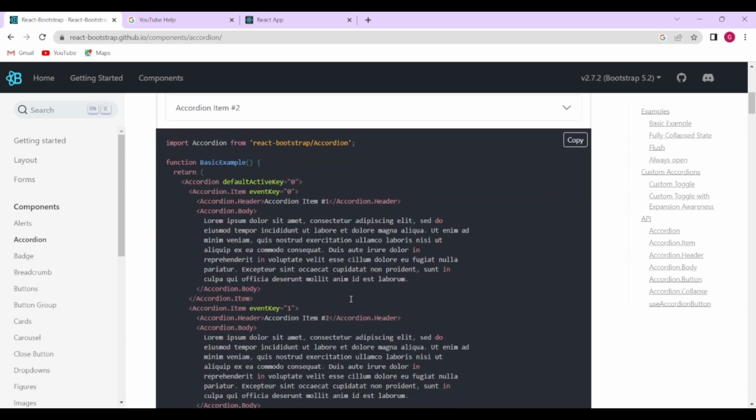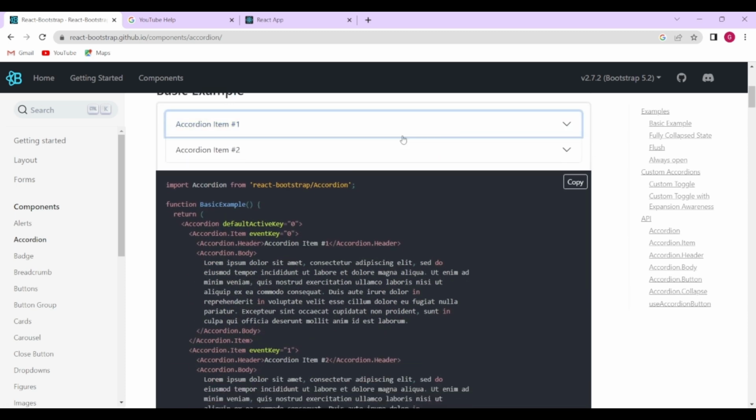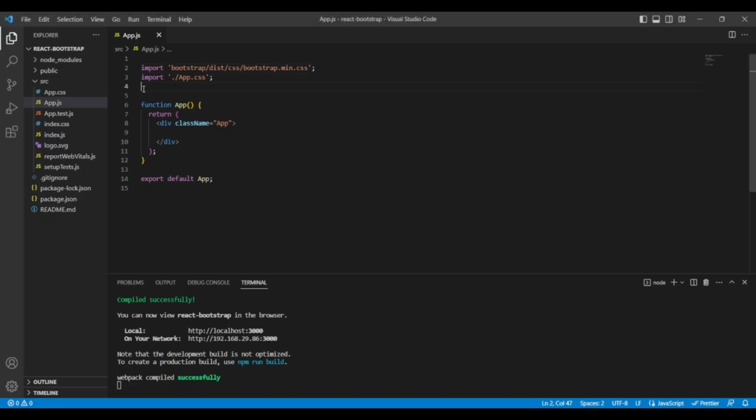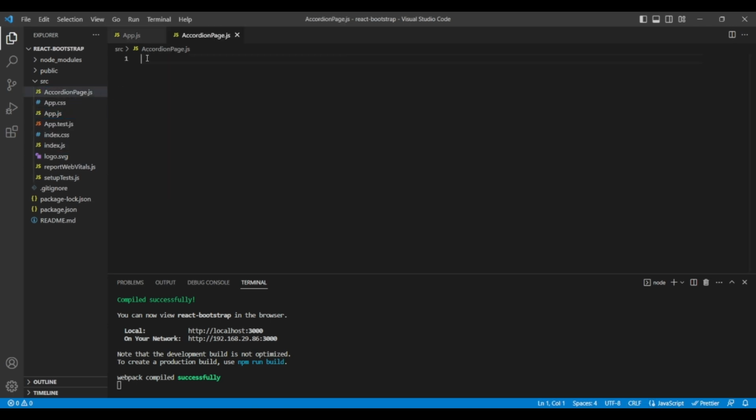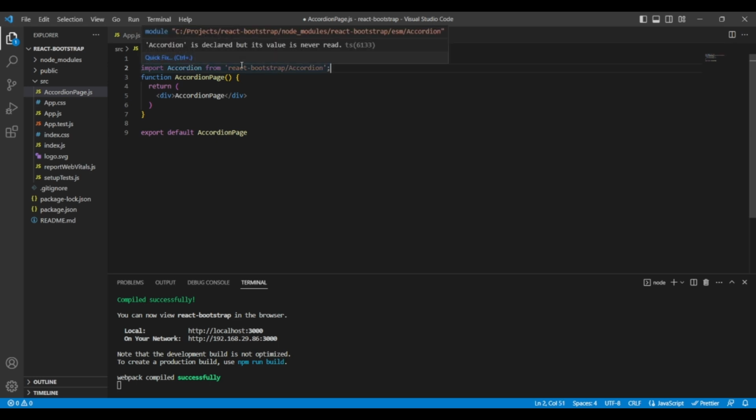So we will be using this piece of code right here, and our accordion will look somewhat like this. So what I'll do is I'll import this piece of code, not in our app.js, but we will be making a separate file for that. So let's call it accordion page.js, and in here we'll be first importing that line,